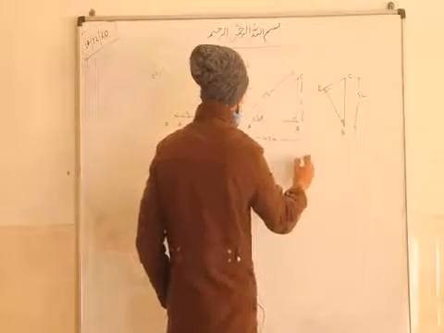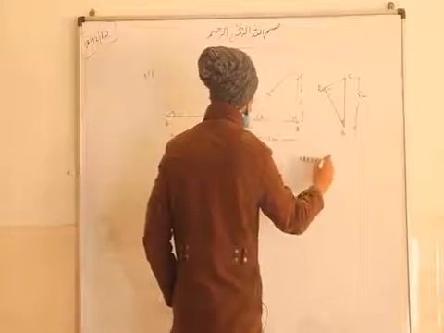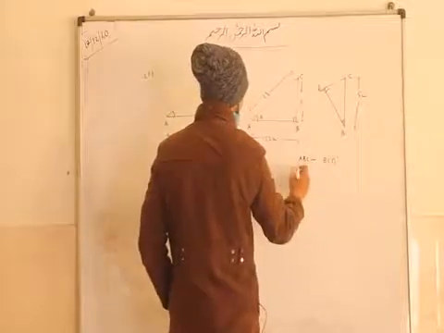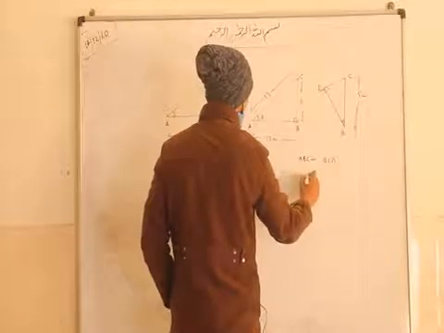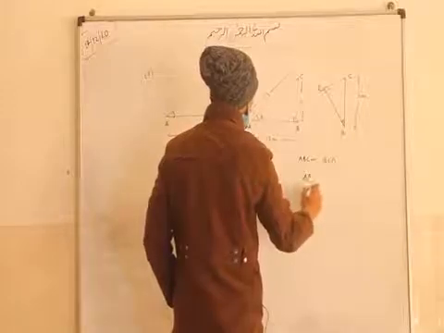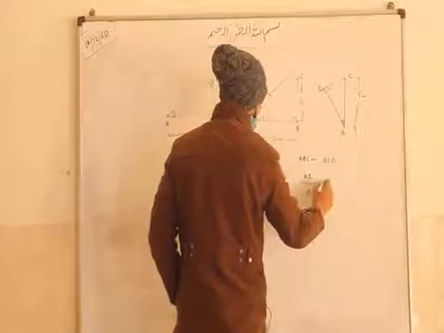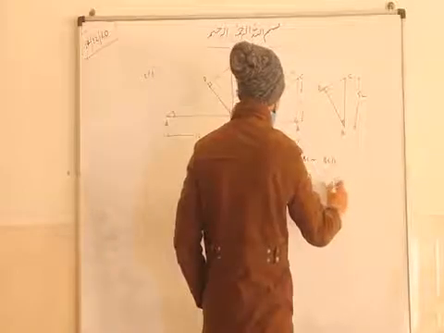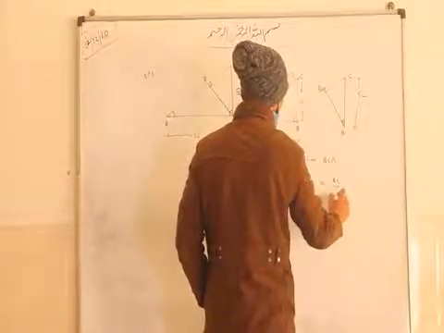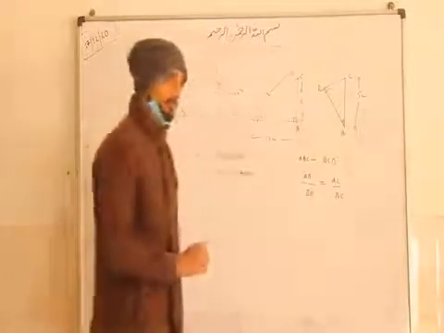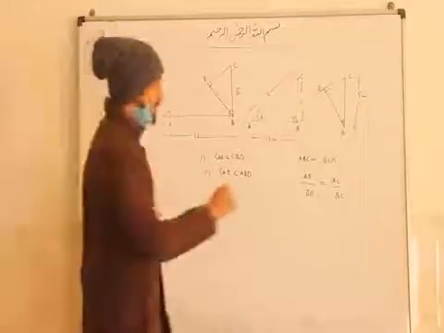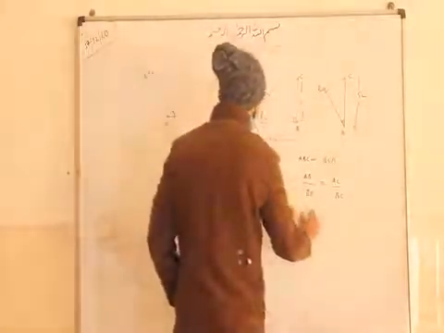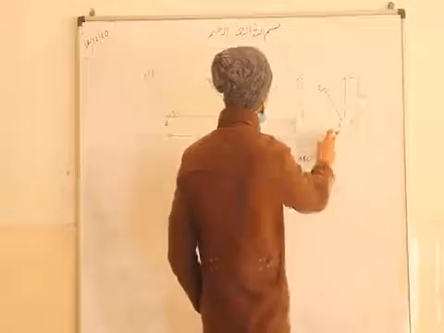So ABC is similar to BCD. Then we can write the ratios. AB is the base of the first triangle. AB upon BD is equal to hypotenuse, we are taking AC, upon hypotenuse BC. Fine. These are the corresponding sides. So AB is 12 here, and BD we have to find.